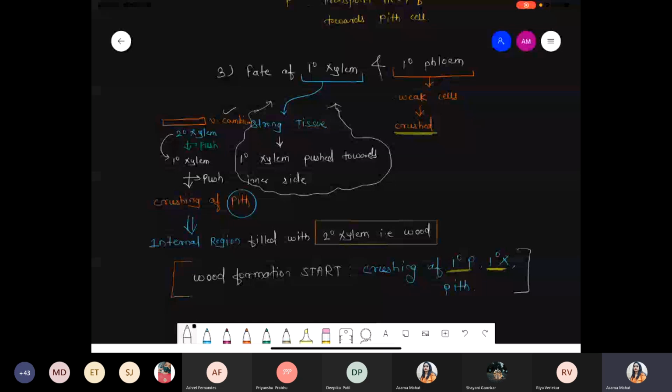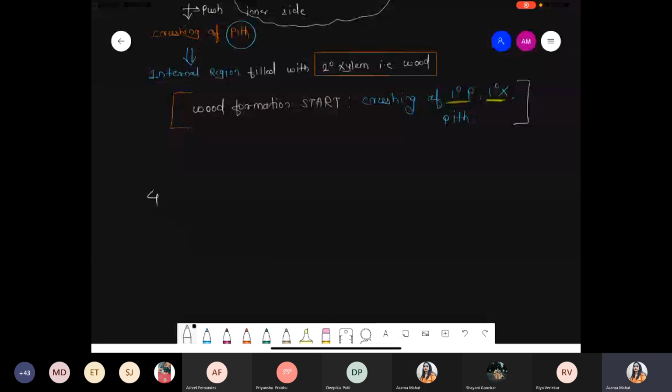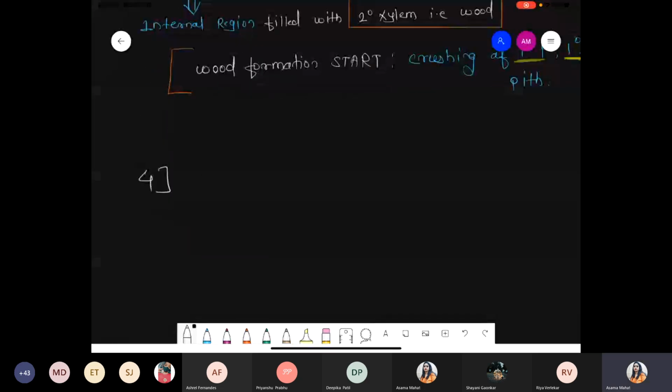Now we are talking about the fourth step, annual ring formation, which is the most important. Okay? Now, first of all, finally in wood we only have the secondary xylem and the secondary phloem. Obviously, that too will not remain. Look ahead at what happens. Now the annual ring will form, then heartwood, then sapwood.